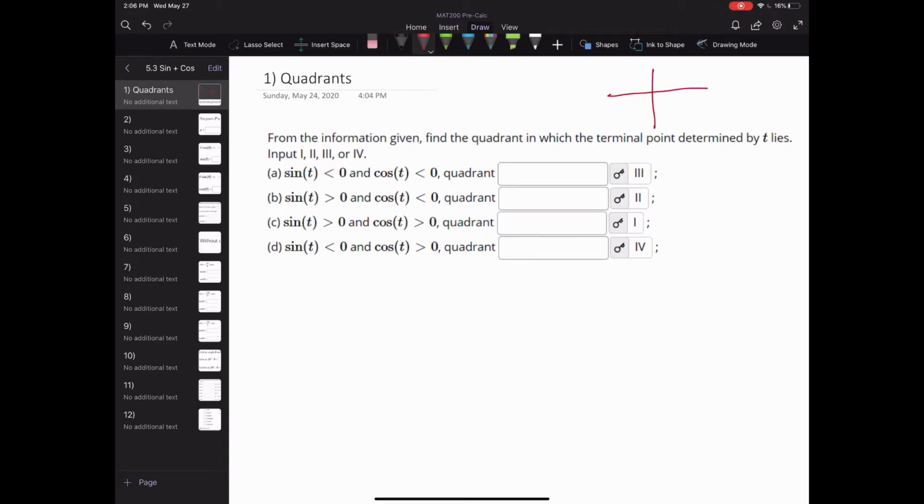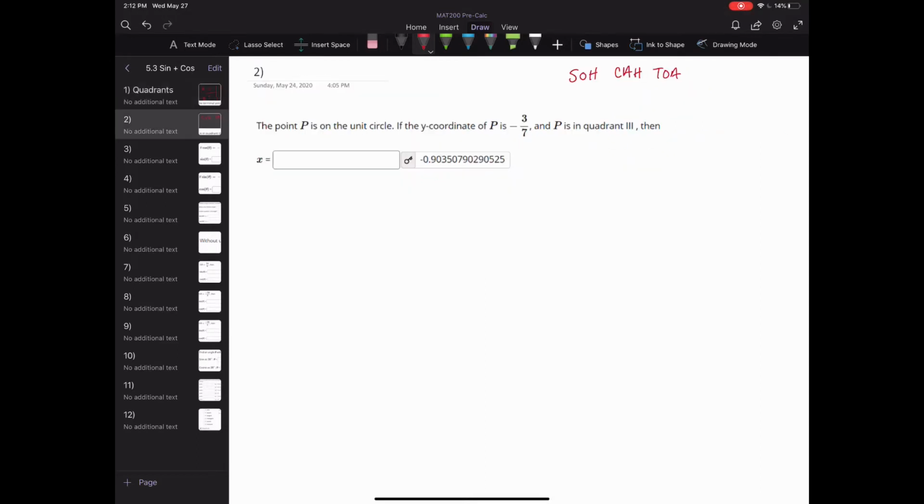I've heard this done a few ways, but I'm going to teach you the way I know it. C-A-S-T. And I just remember the word cast, right? C-A-S-T. Some people like to say all students take calculus. I've heard that one before. There are a few different ways, but I just remember C-A-S-T, and I know I have to start from this one. And what that really means is that